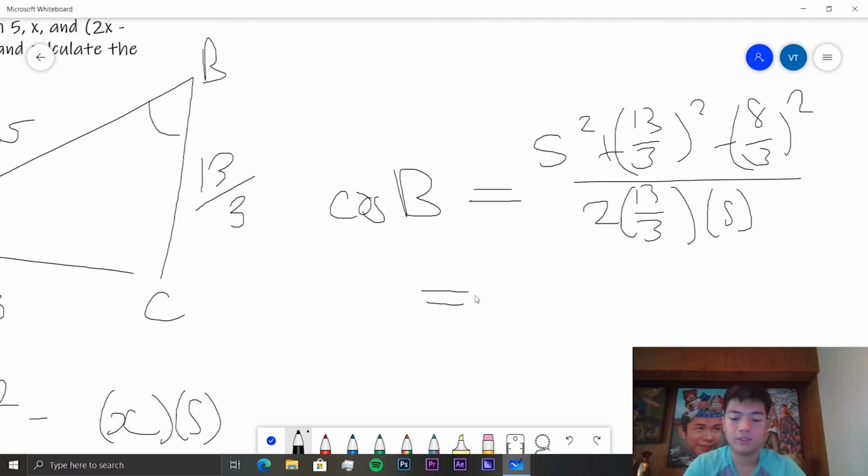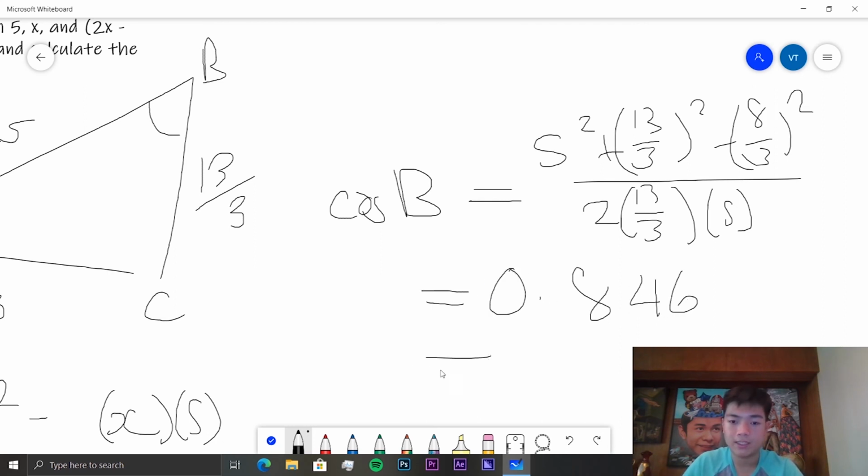So this is equal to 25 plus 13/3 squared minus 8 over 3 squared, which is around 36.6, divided by 2, divided by 5, divided by 13 times 3. So I get